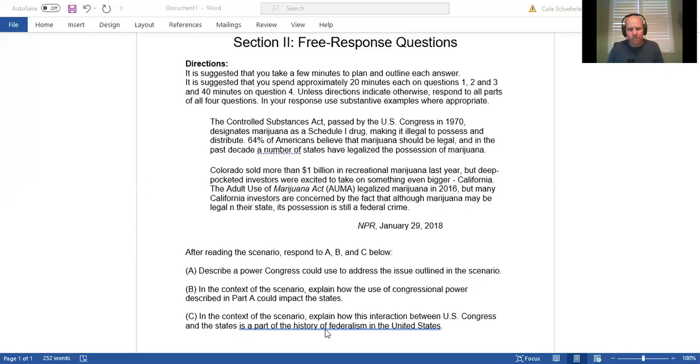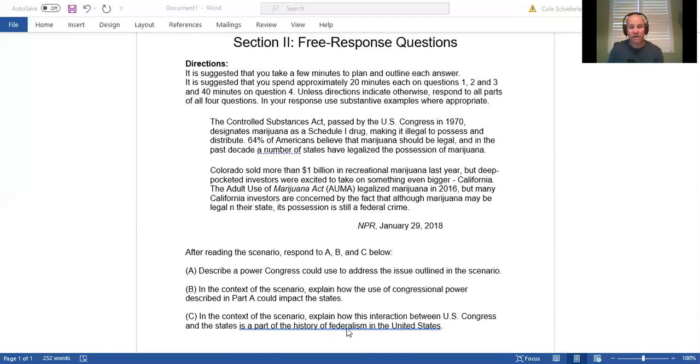How is this scenario showing the history of federalism in the United States? Well, we've already defined what federalism is. It is the sharing or distribution of power between the federal government and the state governments. So we're going to explain that this shows the history of where power has shifted, sometimes to the state governments and sometimes to the federal government. Over time, the federal government has gotten bigger and smaller in power, and state governments have grown or shrunk in power. Everything has to come back to the power that the state and federal governments have.